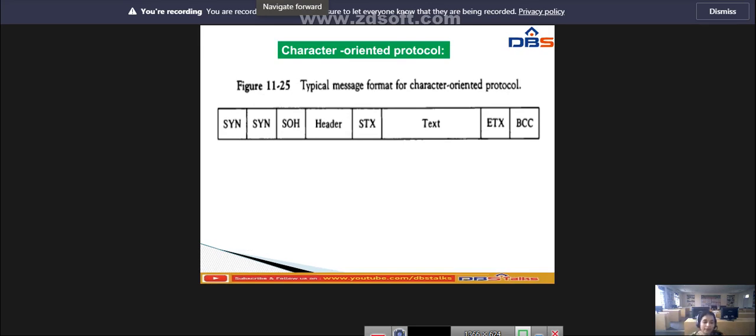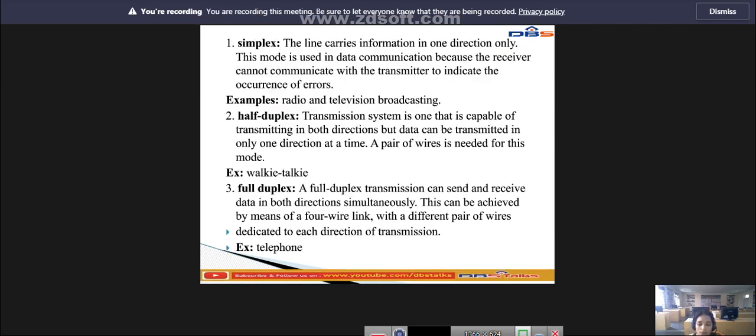the character oriented protocol. So what is meant by character? Before explaining the character oriented protocol, the communication lines. Whatever communication lines we are using, the modems and other equipment used in the transmission of information between two or more stations is called a data link. Whatever communications we are using between two points in order to transmit the information can be a data link, and that can be a modem.